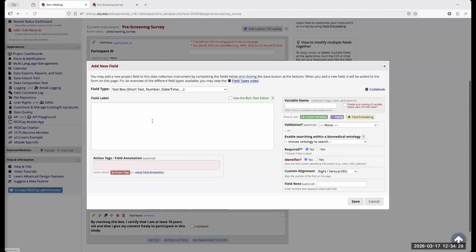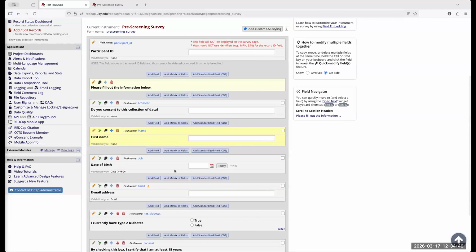And we could ask them first and last name if we wanted to, as long as our variable is different than what was on that other survey, we should be good.